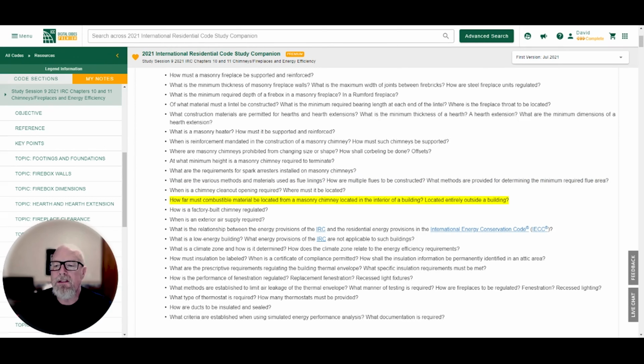How far must combustible material be located from a masonry chimney located in the interior of a building? How about located entirely outside of a building? How is a factory-built chimney regulated? When is an exterior air supply required? What is the relationship between